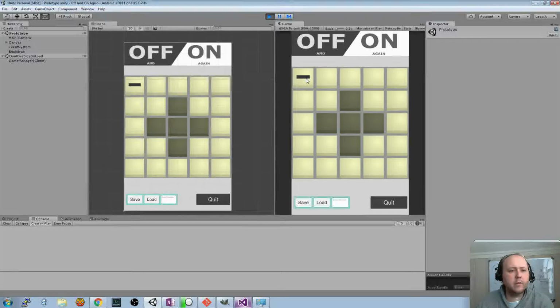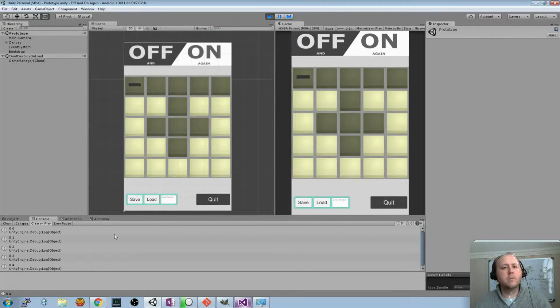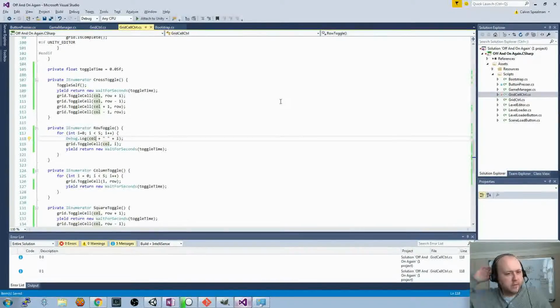So if we watch this, we'll see that we definitely have the column and row variables swapped in here, which is unfortunate because